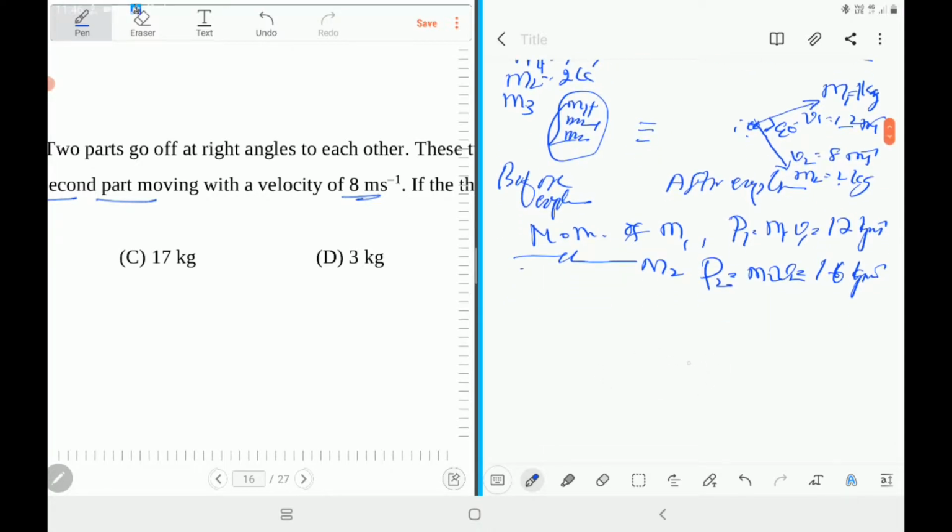You show the momentum of the two in a diagram. One is moving this way with a momentum P1. The other is moving exactly perpendicular with a momentum P2. How do you find the resultant? Draw parallel sides, one to P2, the other to P1. This is the diagonal. And to that, the third momentum, that is P3, is opposite. So according to the law of conservation of momentum, the resultant of P1 and P2 is equal and opposite to the third one.